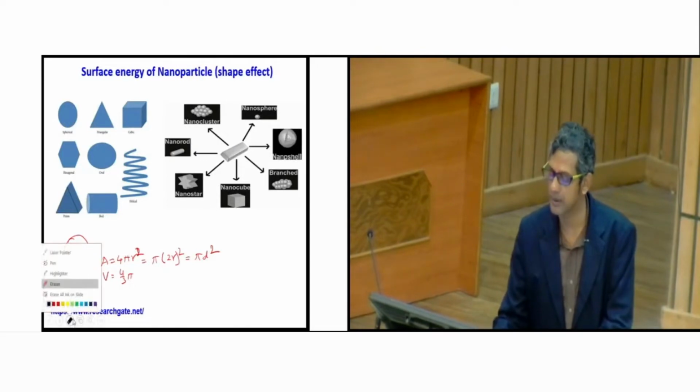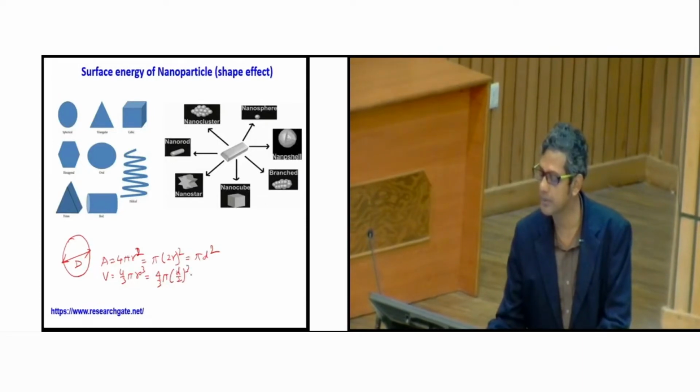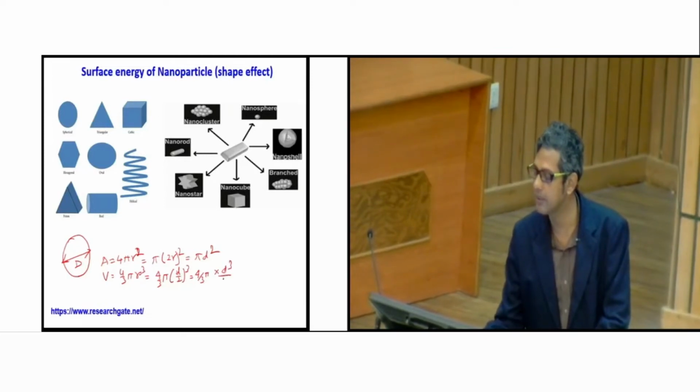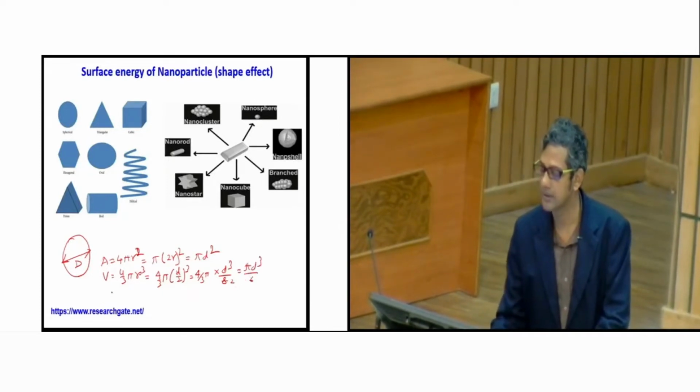I should be very careful because this part always goes wrong. That means it's 4/3 pi r cubed, where r is d by 2, cubed. So 4/3 pi into d cubed divided by 8. So this is equal to pi d cubed by 6. So A by V, rather, is pi d square divided by pi d cube by 6, the 6 goes up, so it